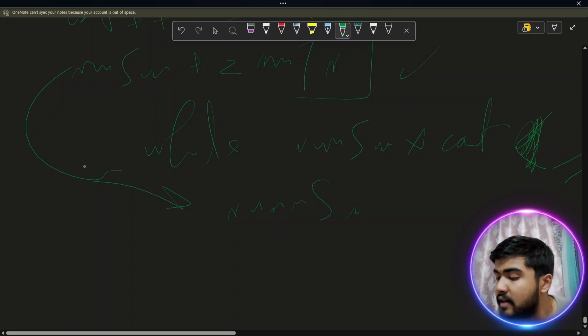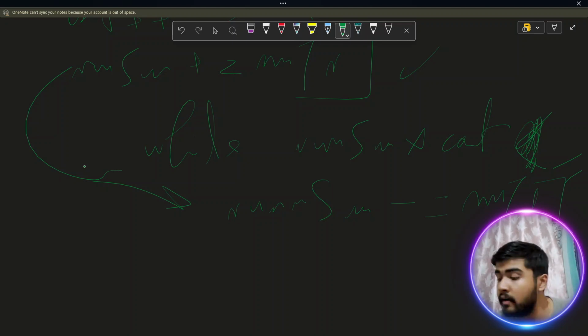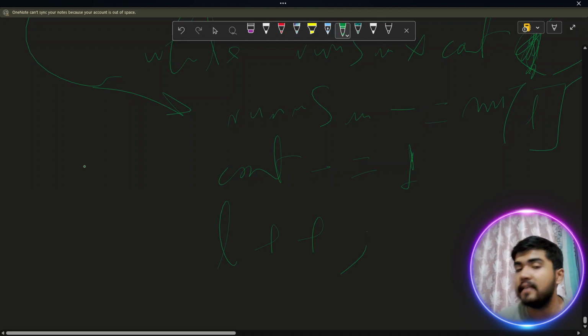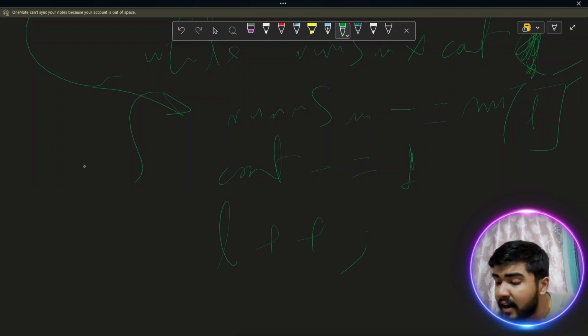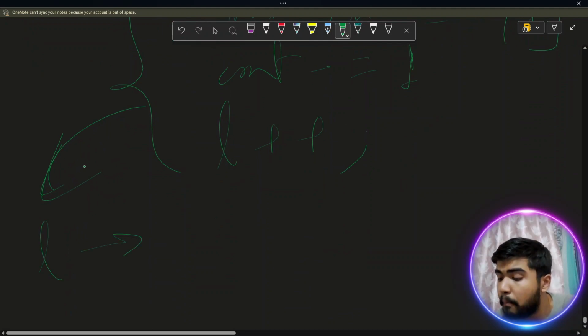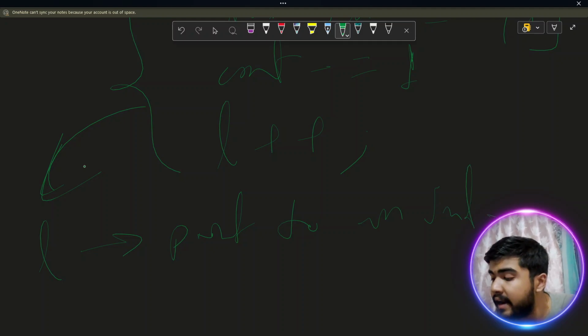So we have to decrease our running sum by doing nums of L minus L, and we also have to decrease our count by minus equals 1. And what else? We have to move our left pointer forward. So after the execution of this for loop, this L points to an index where,